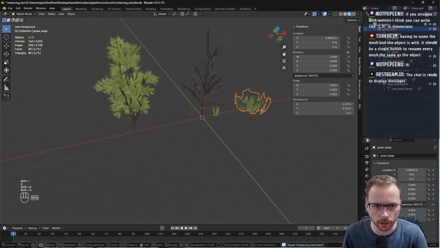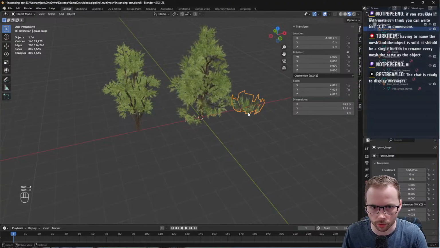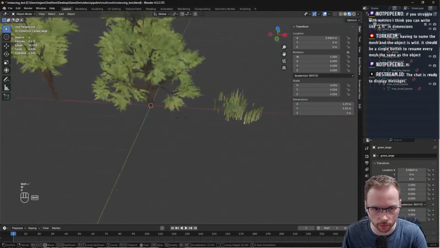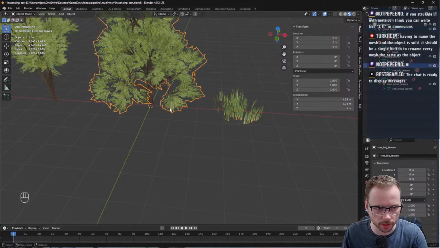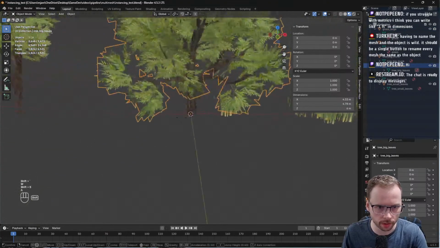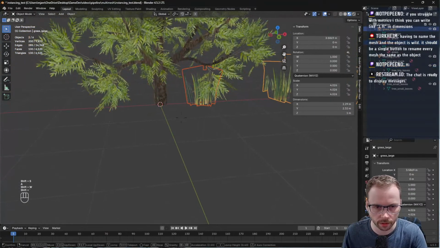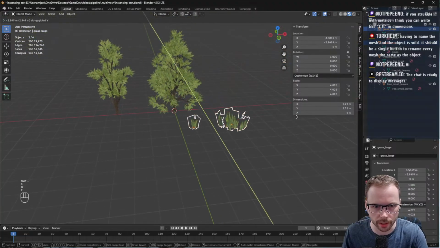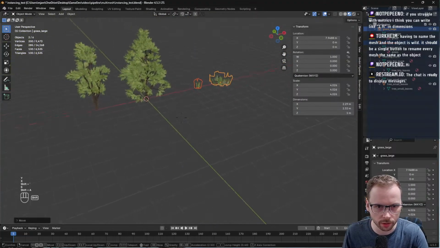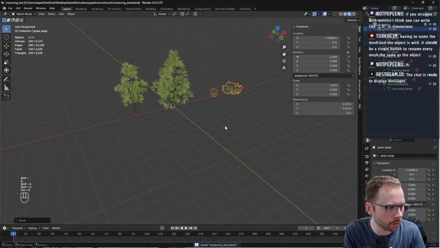What I want to learn how to do before I record a video talking about how this works with the pipeline is I need to remind myself in geometry nodes how you actually scatter things. Like I know how to instance things on a mesh, but how do you scatter them? I think you probably use a random,